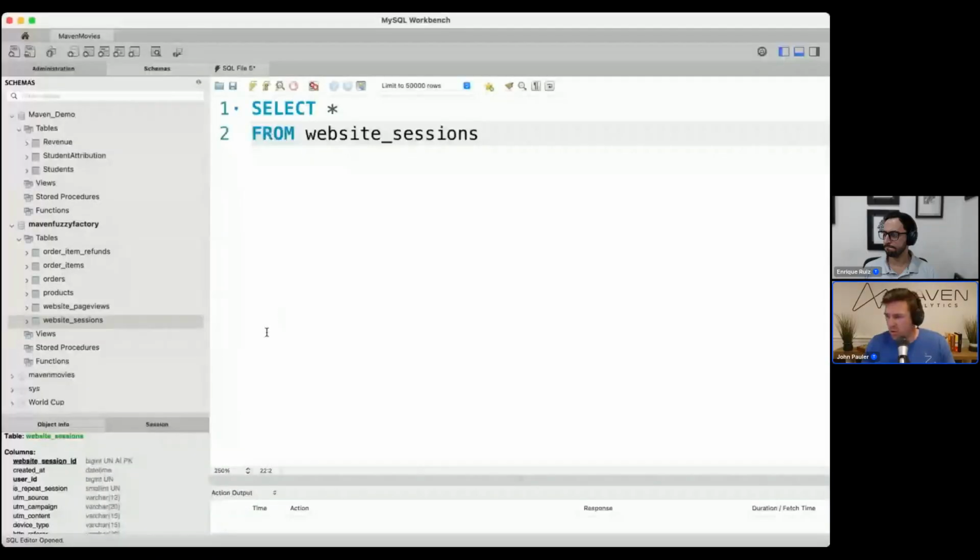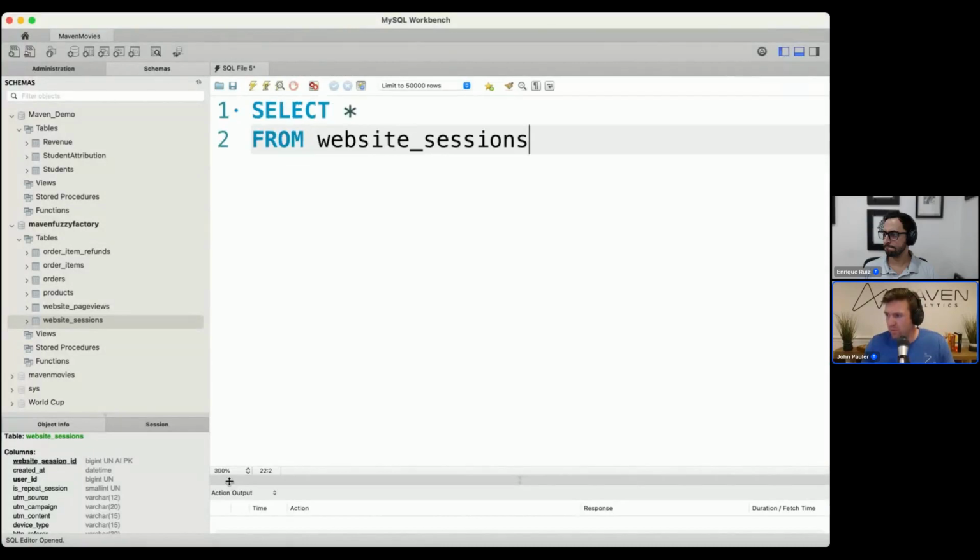And so Workbench, apologies in advance, the code is going to be a little small on the screen. I've blown it up a little bit. Let me see how it looks when we actually present this, but I think you should be able to see it. If anybody's on a mobile device, this is going to be a little trickier for you guys. So yeah, I've got it blown up. Let me see if I can go even a little bit bigger. Okay, so that's the biggest that MySQL Workbench will let me get it.